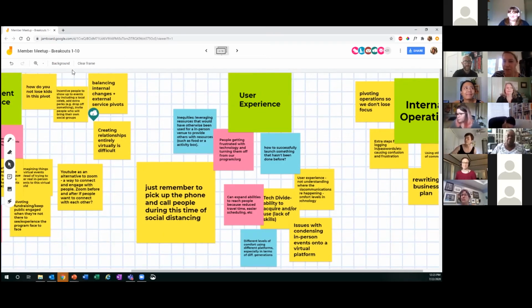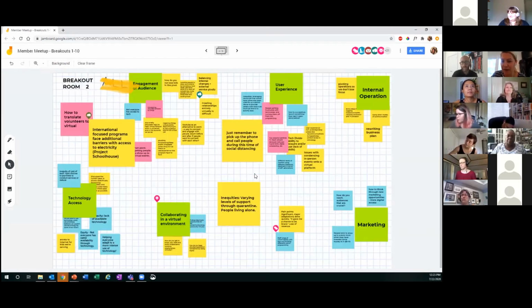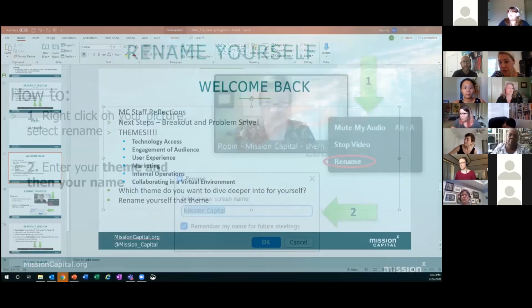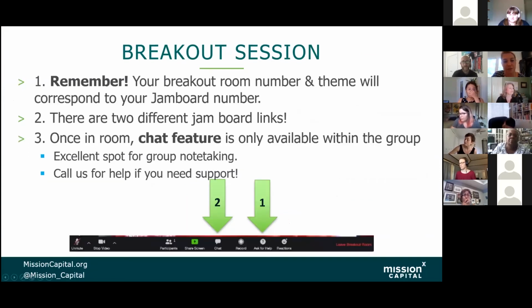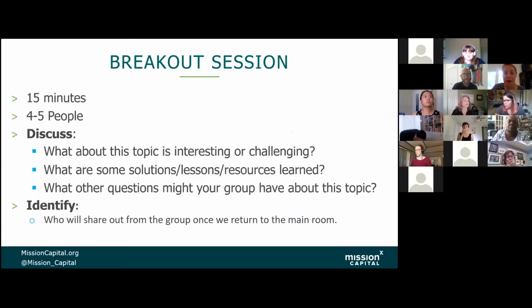Any other questions about the themes before we move you into breakouts? I'm going to frame a little bit what you're going to be doing in your breakouts. You'll have 15 minutes to discuss 3 questions. First, what about this topic is interesting or challenging for you and your organization?